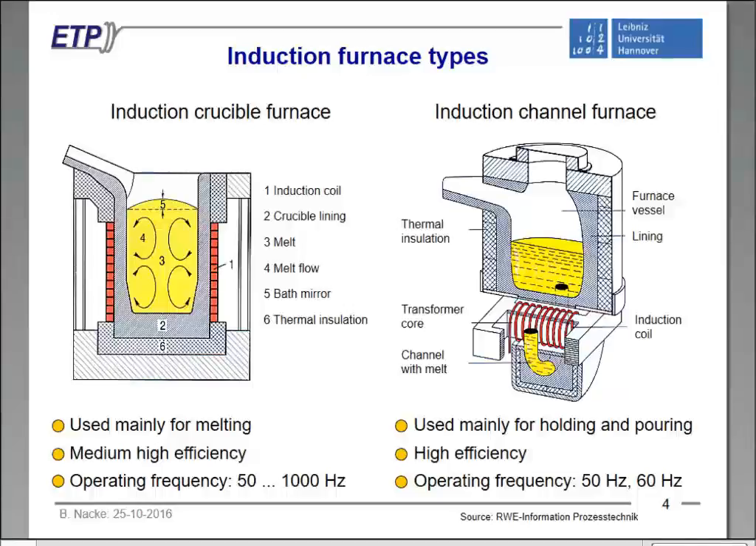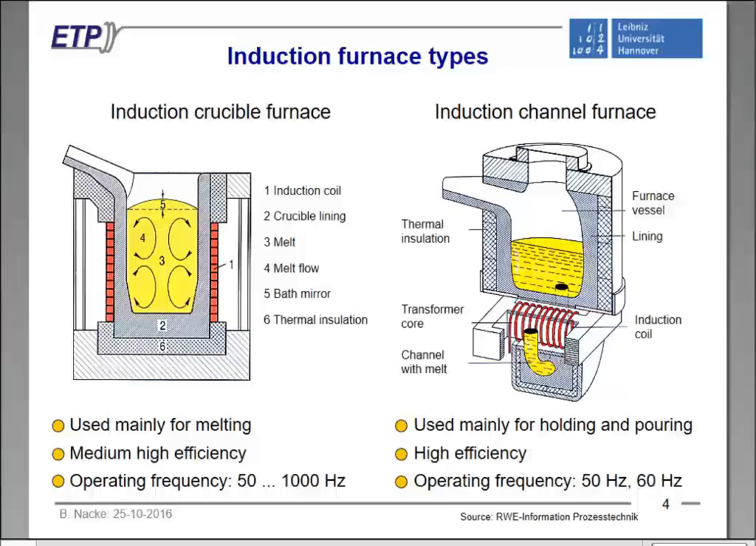That means we have a coil here which generates the electromagnetic field, which is now guided inside a magnetic yoke. So that is the difference to the crucible furnace, where the main magnetic field is in the air. Here it is guided in the magnetic yoke. The secondary winding, if we look at a transformer, is